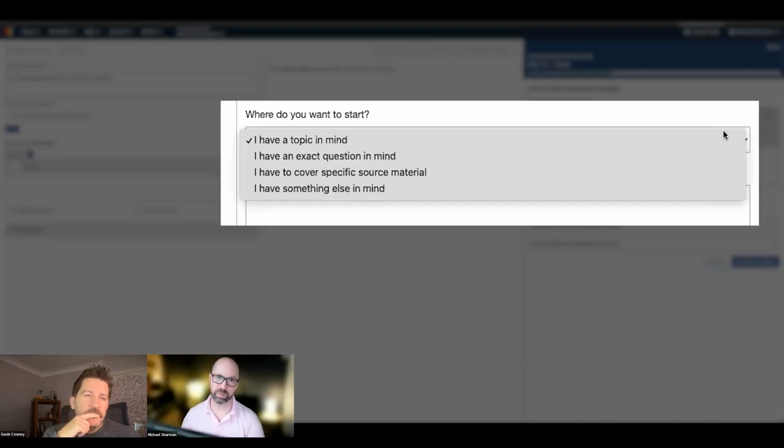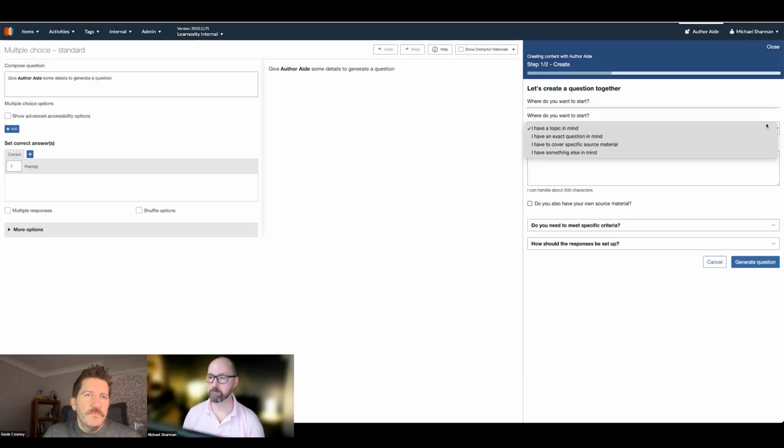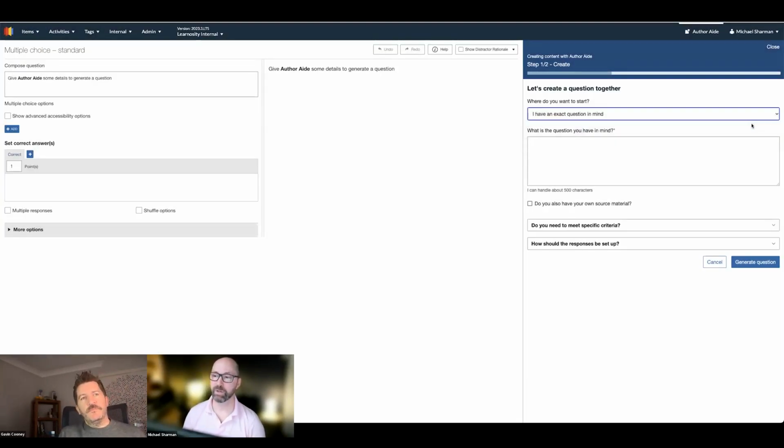So we have some scenarios in mind. Firstly, maybe you've got just a general topic. It's something that you're doing in the classroom right now, or you're at a point in the semester where your students, your candidates, are learning a particular topic, and that might be all you have. Fine, you can start with that. Alternatively, maybe you have an exact question. So the wording of the stem, I know exactly what I want to ask, but I don't want to go and create all the possible responses. I want you to do that. So we can do that as a scenario.